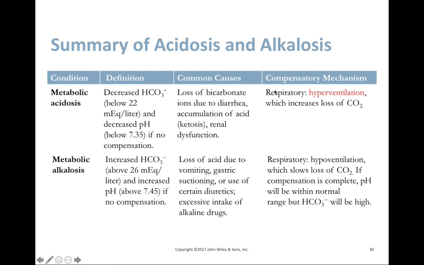Here, with metabolic acidosis, the respiratory compensatory mechanism is hyperventilation. By increasing our ventilation rate, we're going to get rid of more CO2, and that's going to push the bicarbonate carbonic acid buffer system towards the left side of the reaction. Excess hydrogen will be used to help form carbonic acid, and we're going to have less hydrogen ions in the solution. The compensatory mechanism for metabolic alkalosis will also be respiratory, and that's going to be the opposite of what